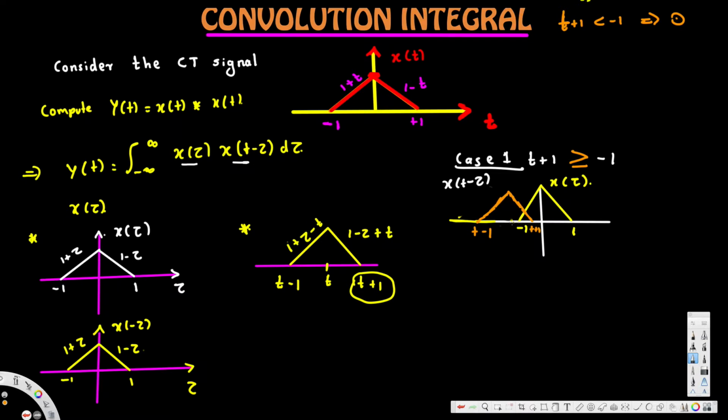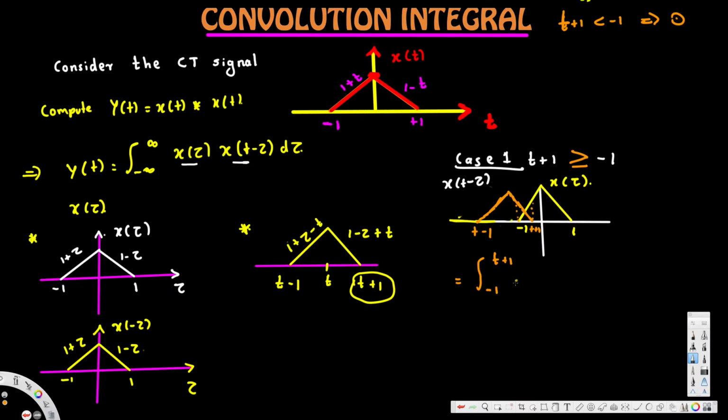You can see after -1 we don't have any axis for x of tau. T minus tau is here, but after t plus 1 there's no x of t minus tau. So since both of these regions will be cancelled, because one of them is non-zero and one of them is 0, and after this also it will be cancelled because only one of them is non-zero and the other one is 0, these two will be eliminated, and finally we will get an expression like this, starting from -1 to t plus 1. So we will have the integral, instead of -∞ to infinity, from -1 to t plus 1,